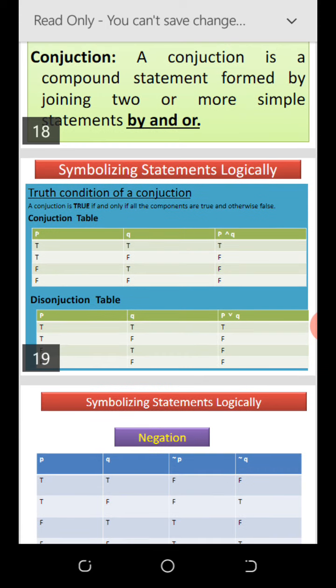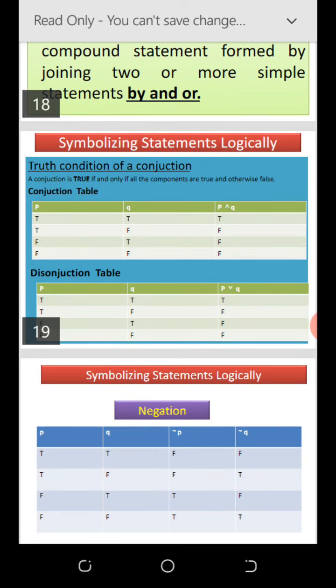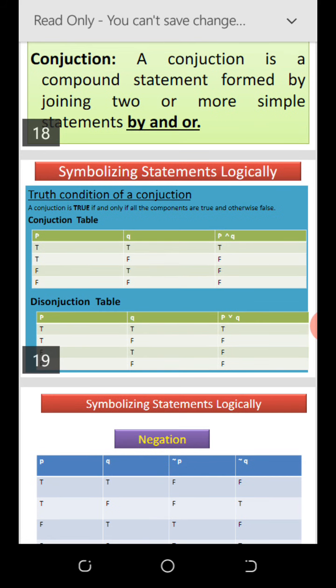Under the conjunction table, under P you have true, true, false, false. Then at the front you have Q. Under the Q you have true, false, true, false. That means if you now want to look at the conjunction table together with P and Q,